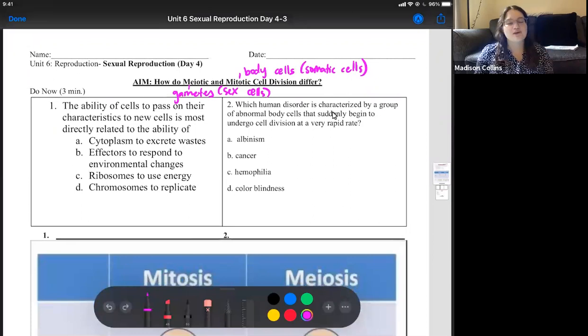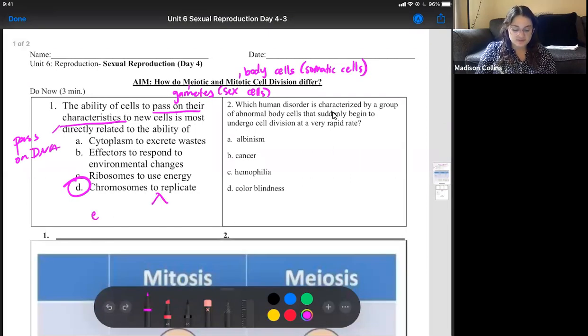All right, so question number 1, the ability of cells to pass on their characteristics to new cells is most directly related to the ability of what? So when we say pass on their characteristics, we're talking about passing on DNA, passing on those genes. Okay, and in order for that to happen, chromosomes have to replicate. We have to replicate those chromosomes so that each cell gets a copy of the DNA or a copy of genes. Okay. All right, so you should have gotten the answer to number 1 was D, which leads us to number